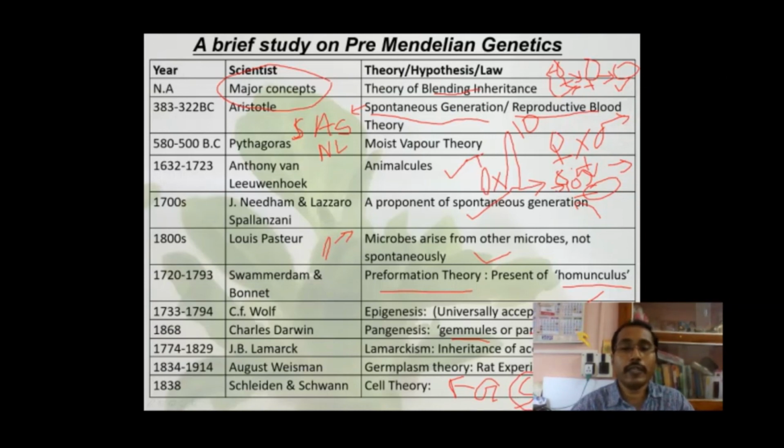So only germplasm-related genes or factors transfer from one generation to the next, and only such characters are expressed generation after generation. So in this way. And cell theory, basically what is this? Cell theory is: the cell is the functional and structural unit of any